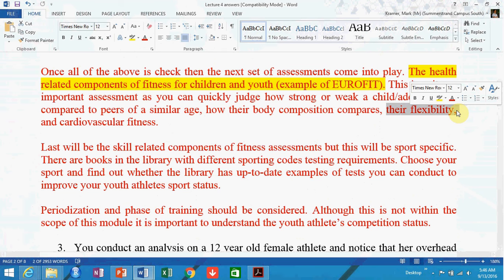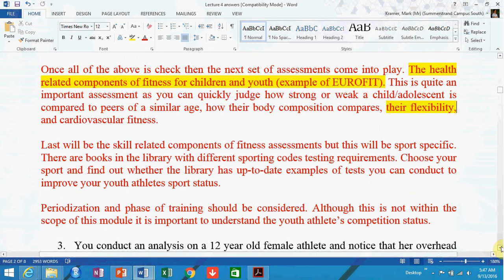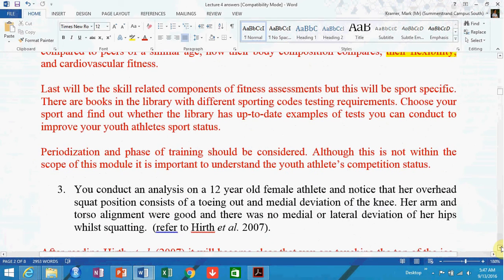If their legs are lengthening excessively during the growth spurt, you can imagine the test scores will come back poorer due to changes in body dimensions. But additional tests to do with that would be a straight leg raise, and that's part of your functional movement screen. Okay, then once all of that is assessed, then you go to your skill related components of fitness, and